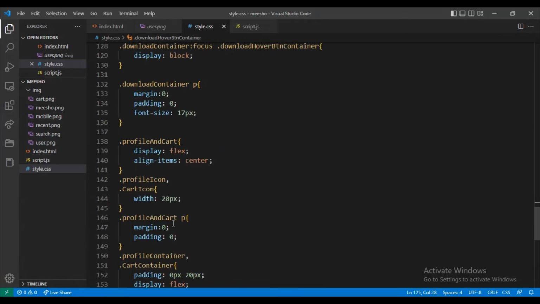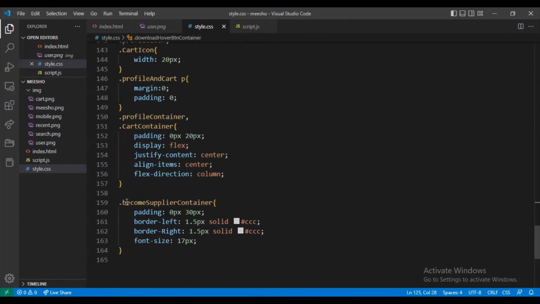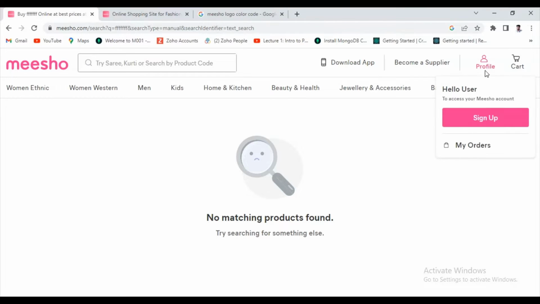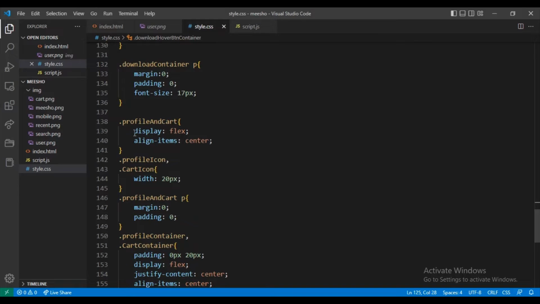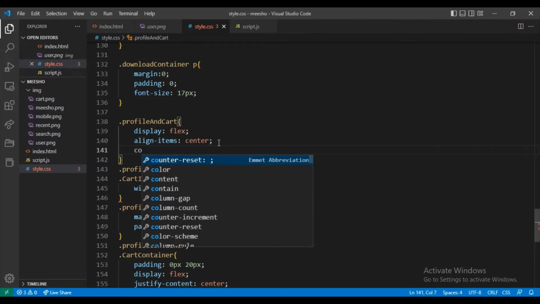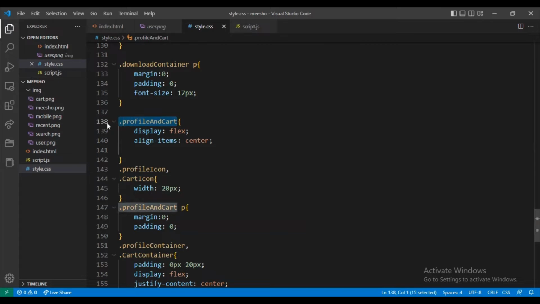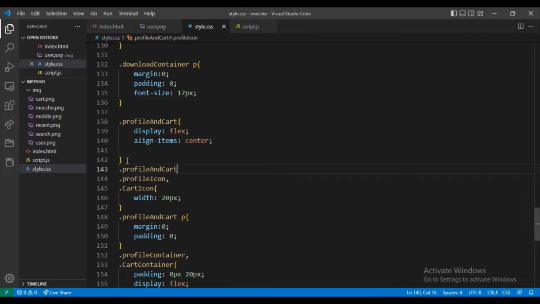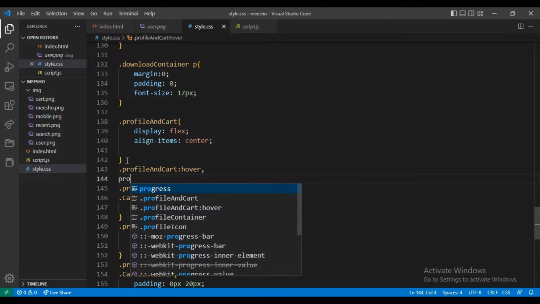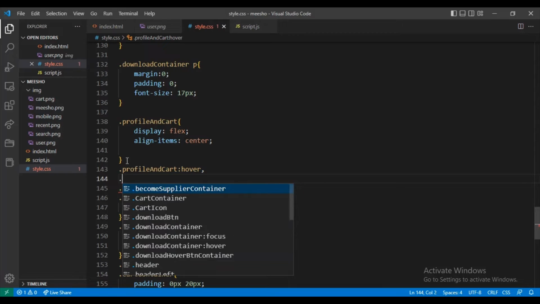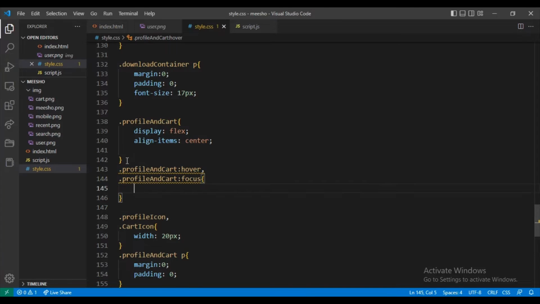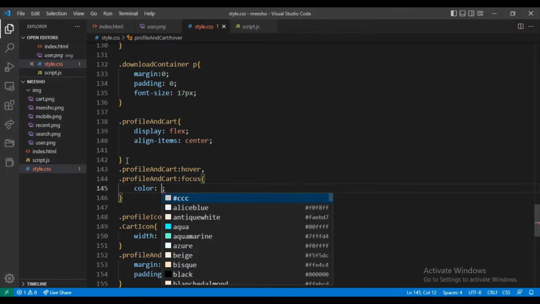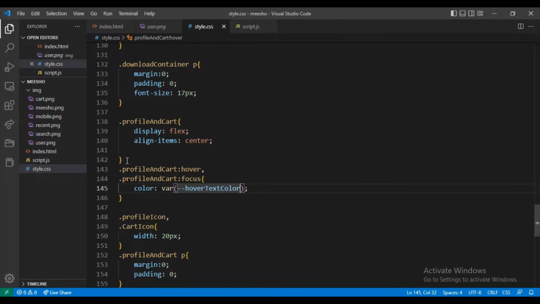For that, this is become seller. Okay, this profile one, profile container. Here I add to cart. Here I want to give, when we hover, I give the hover on profile and cart, focus color, where hover. Now see,